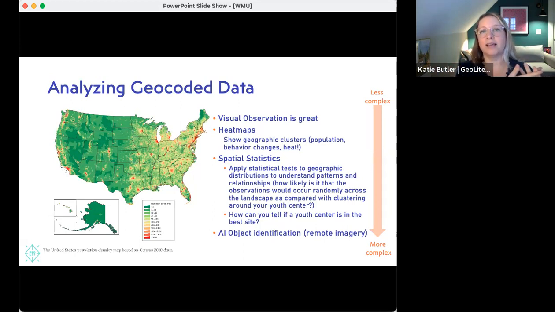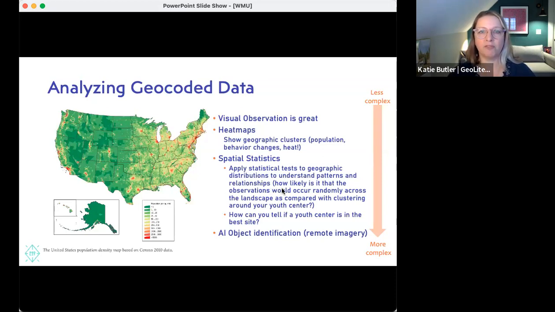Do you want that low number to be higher? You focus on the cool spots. Do you want that high number to be lower? Like, for example, a lot of the work that the CDC here in Atlanta does, you focus on those hot spots. So spatial statistics are ways to really apply some traditional statistical tests to geographic information.